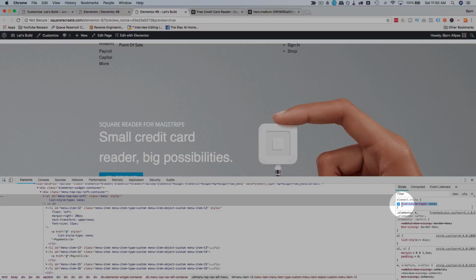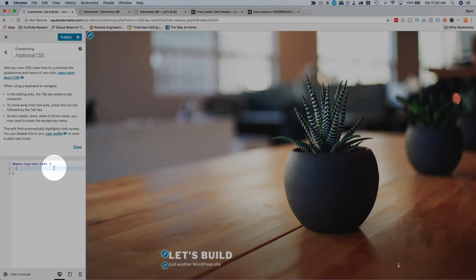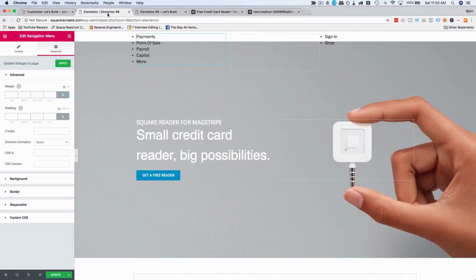Inside customizer, go to additional CSS, use the pound, paste in the ID, open and close curly brackets, and then copy our one CSS rule and paste it in here. The next one,